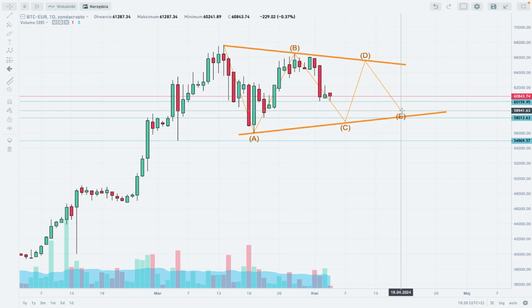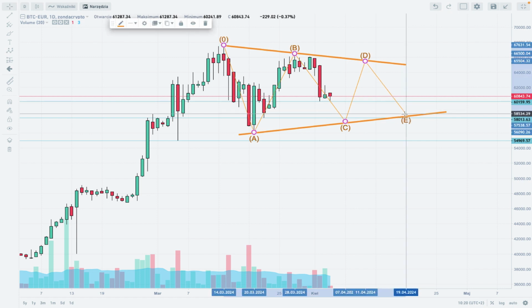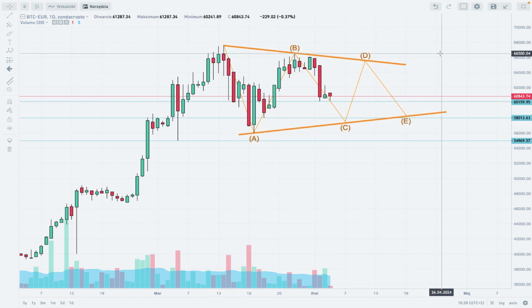So this is how it looks like from now on. And the last thing is that we are in the very good period when the triangle should be made on the chart, because there's only like 15 days to the Bitcoin halving. Bitcoin halving is on the 19th of April. It's supposed to be on the 19th of April, so it's a little bit more than 2 weeks to